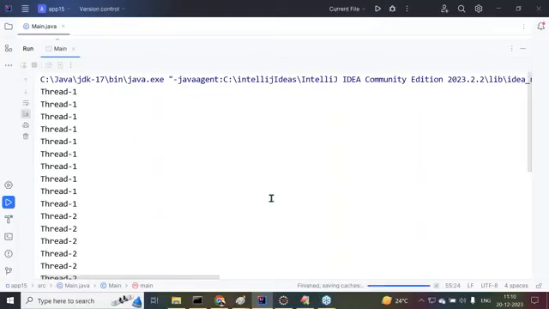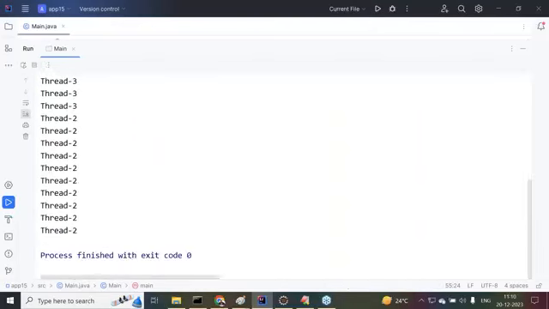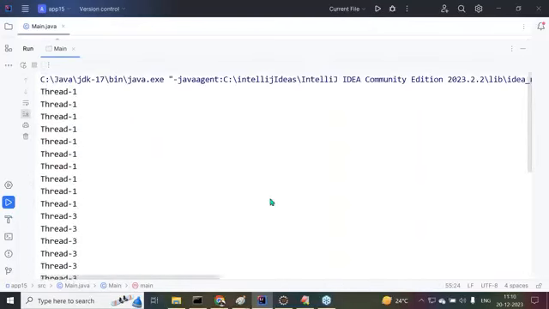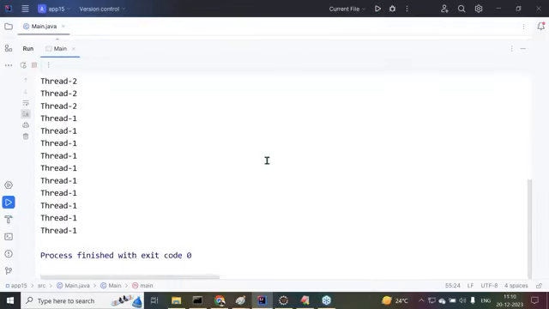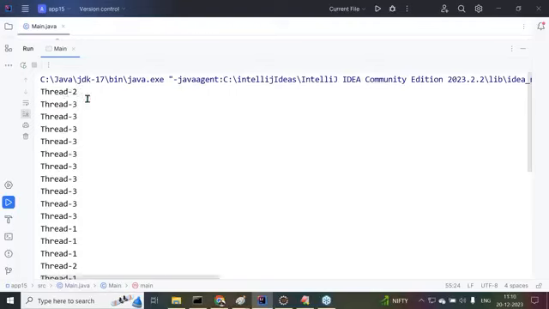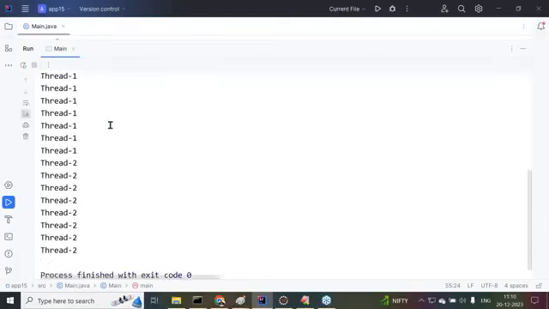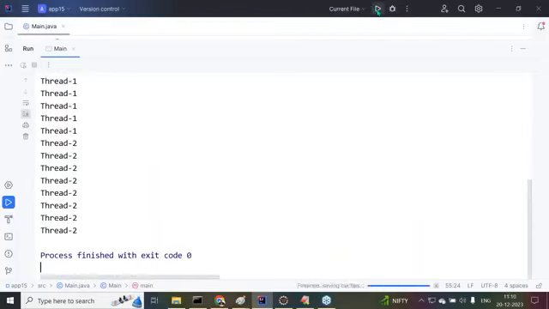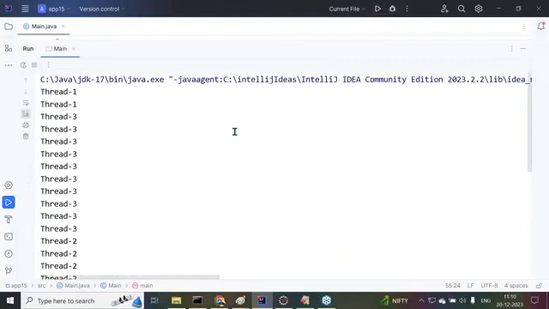Execute one or two times here, and we are able to get mixed output. Right, sir, my laptop is a fast machine, that's why within a single small time slot the total thread is executed. But if we execute continuously, then we get mixed output. At least now here we are getting first thread 2, then thread 3, thread 1, and here thread 2. Continuously you can execute this 2 to 3 times, and we are able to get our required output. So mixed output here we are getting.